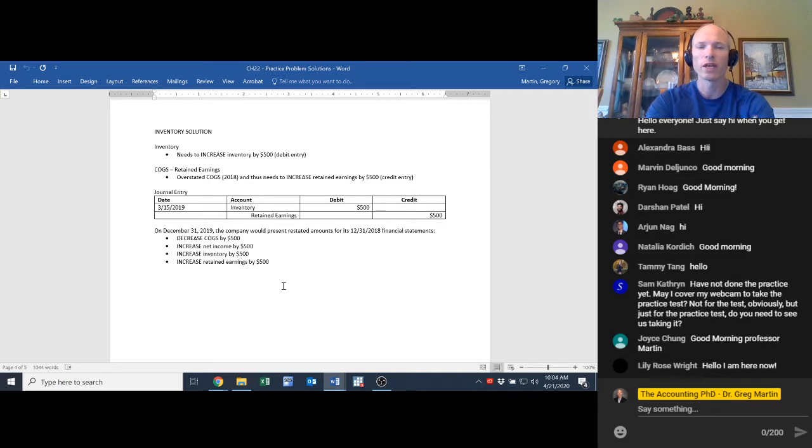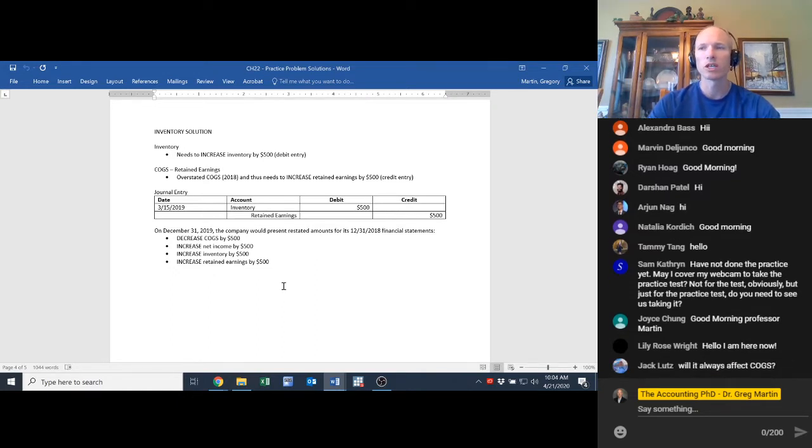And then I don't really have full financial statements when I created these solutions, just honestly because it's a little bit of a pain. But in the framework we had been using before, let's think about revenues, expenses, assets, liabilities, and equity, and walk through each of those in turn. And so revenues, there's no effect. The way I count my inventory doesn't change what I record as revenues, but of course I would need to restate my cost of goods sold, and that cost of goods sold number was overstated by $500, so the restated amount would be $500 less. And of course then that would have a flow through on net income. And on the balance sheet, of course, we need to increase inventory.